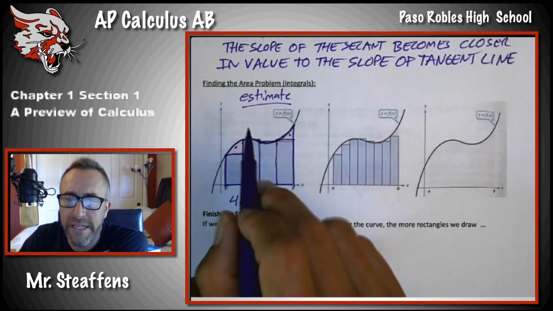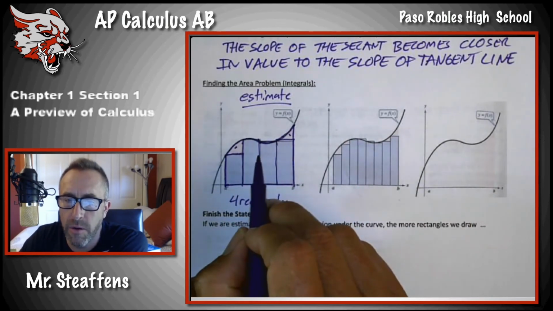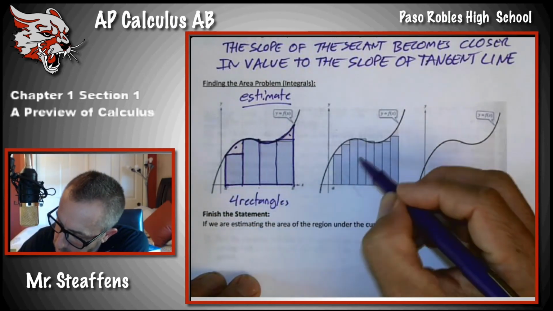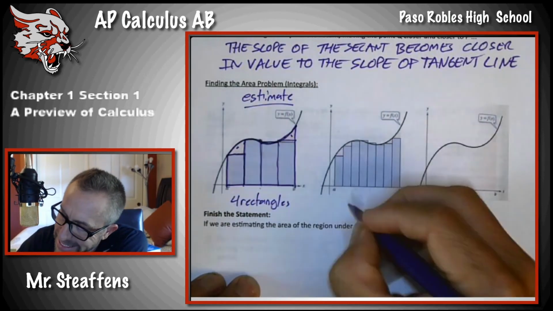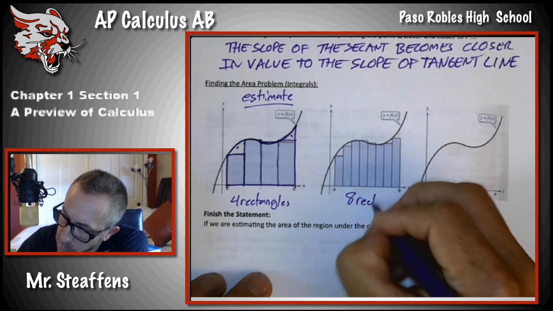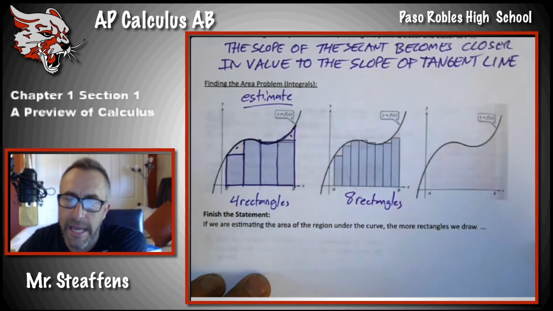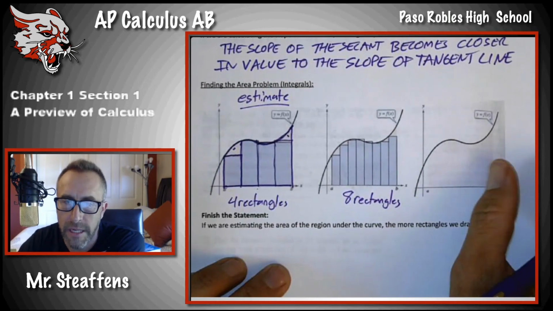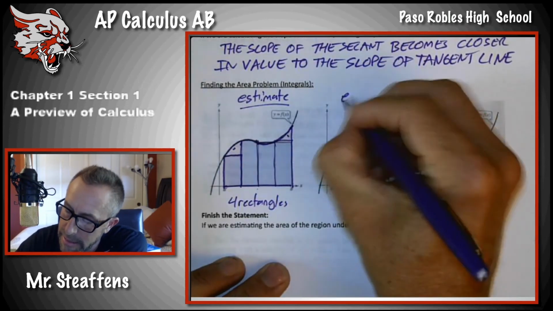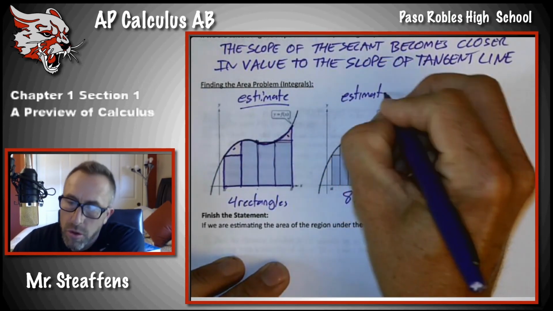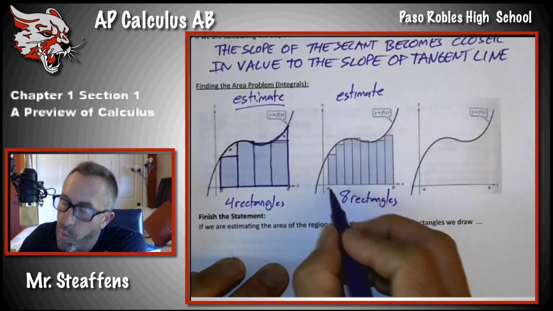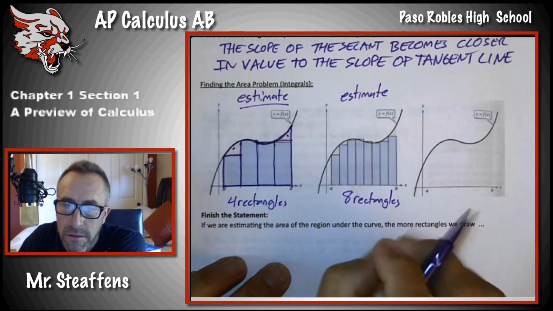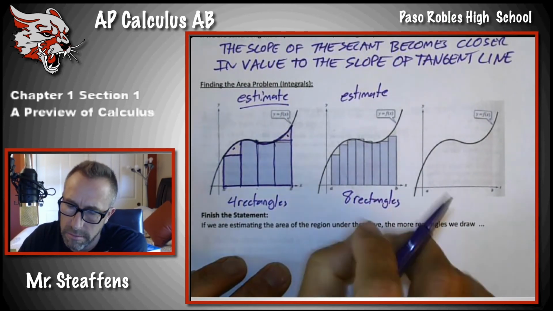So what if I chose to make rectangles that were smaller? Like what if instead of 4 rectangles, I made 1, 2, 3, 4, 5, 6, 7, 8? What if I doubled it? What if I made 8 rectangles instead and I wedged them in here? And then I found the area. And then I made an estimate, right? First of all, what would happen to the width of these rectangles? The width would get smaller,